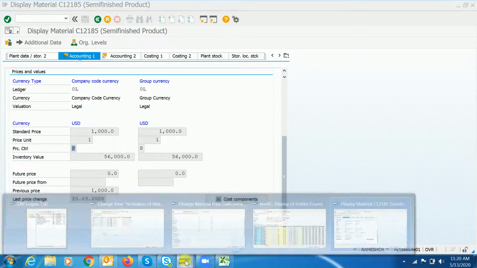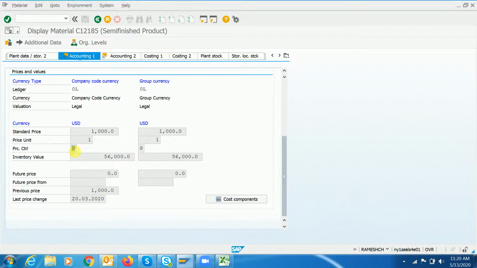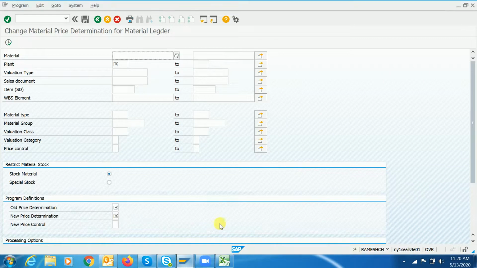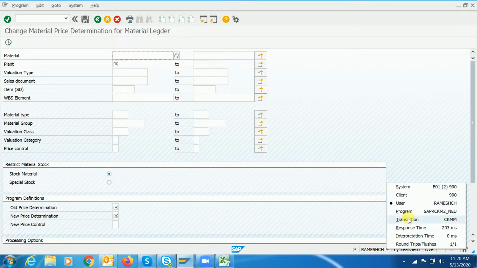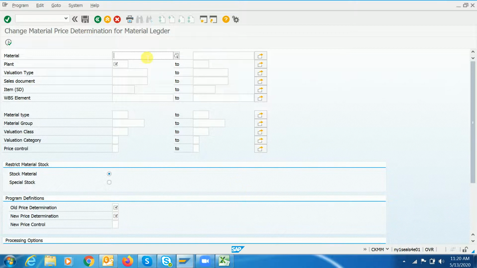Let me give a try if I want to maintain the price control as V for this particular material. To change the price controls, normally we use CKMM as the T code, guys. I'm giving the material here and the plant. Here the old determination is what the material master has right now, 3. And what is the new price determination?